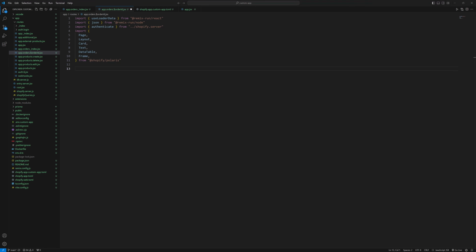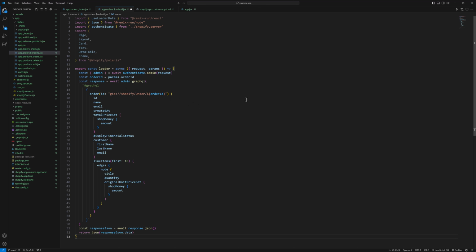create the loader function. So let me just copy and paste the loader function, and I will explain this loader function to you. In this we have a request and params. In the params we will get the order ID, params.orderId, whatever the name after the $, that we will get in the params. So that will be orderId in params.orderId, and with the help of this order ID we can